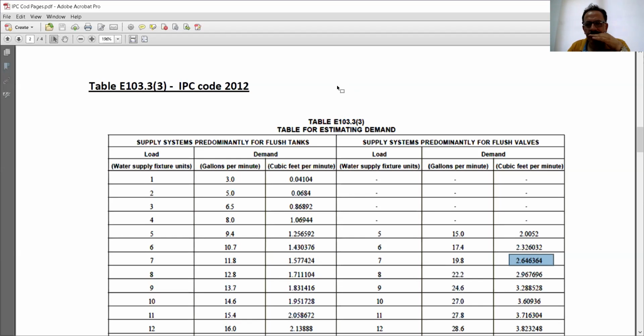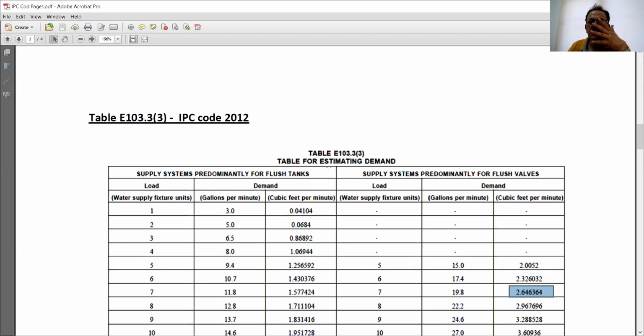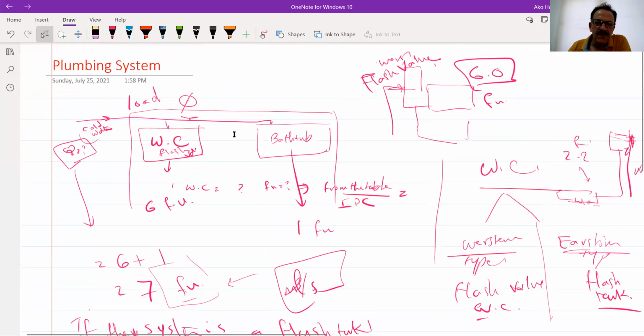Yes, doctor, thank you. Okay, now doctor, I don't understand water supply fixture unit. What does that word mean? It's a unit. It's a unit used to see how much is the flow that is needed for this pipe. The purpose of the design of the flow is that you should know how much is the Q, right? Q for these two appliances together, right?